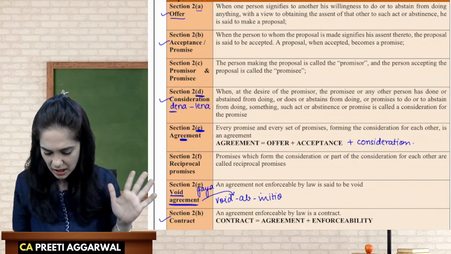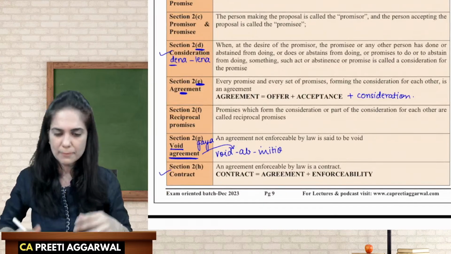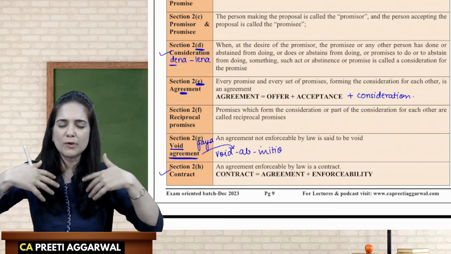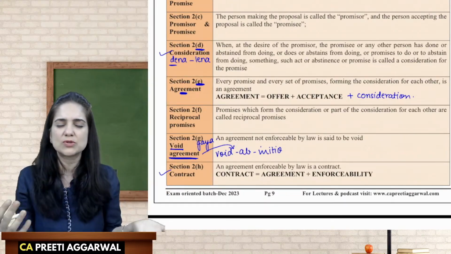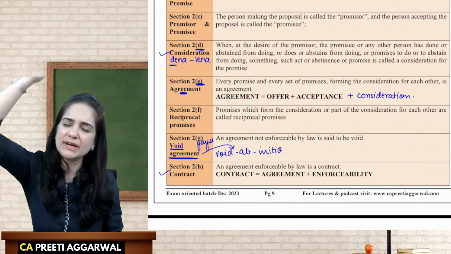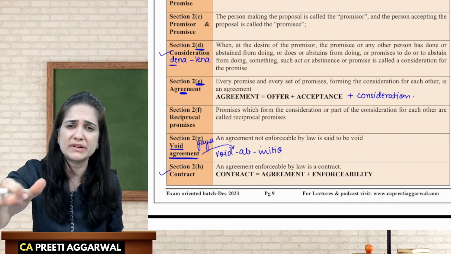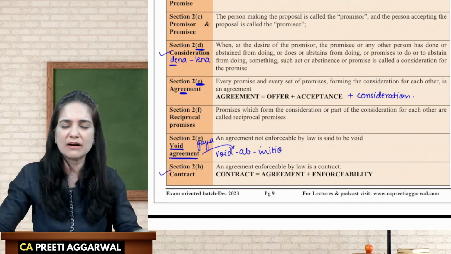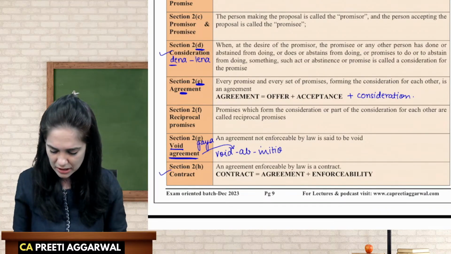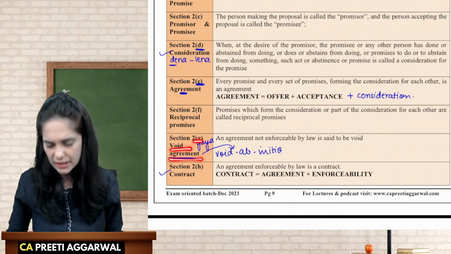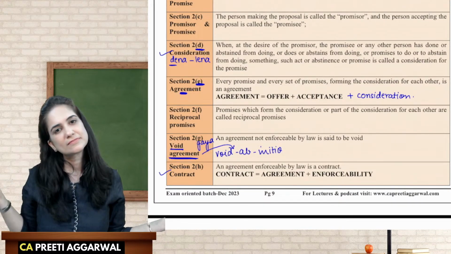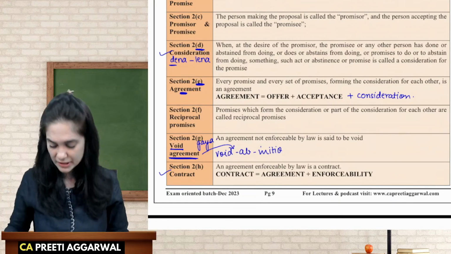Now we have formed an agreement. E, that is agreement. Now reciprocal promise. There are so many promises which they are giving to each other. That is known as reciprocal promise. I need all the essential elements to be present in a valid contract. Even if one essential element is missing, then the agreement is gone. Then the contract will not be formed at all. Gone, void agreement. I have remembered it, void agreement.